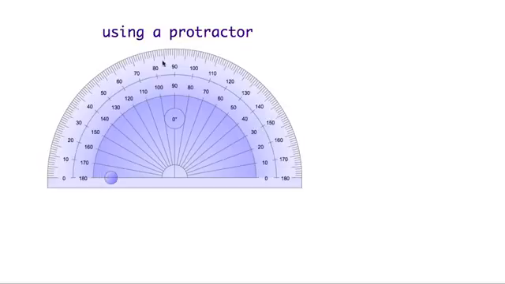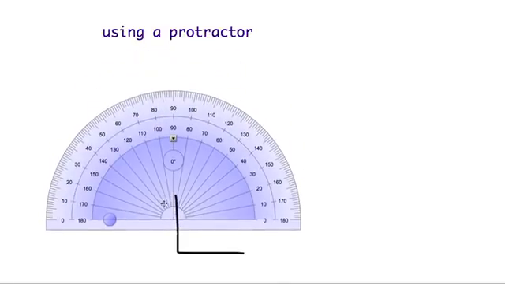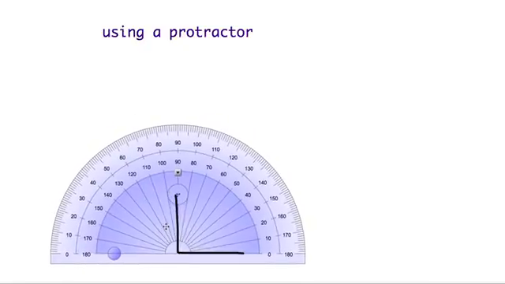So if I have an angle that was facing this direction, what I would do is move my protractor down onto the angle. The vertex is where both rays of our angle meet, so right here in this section,